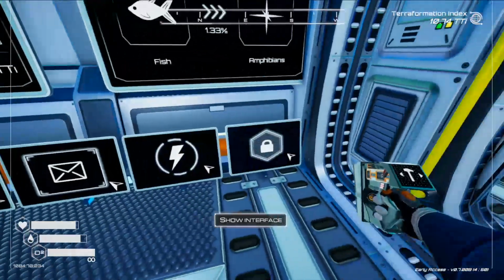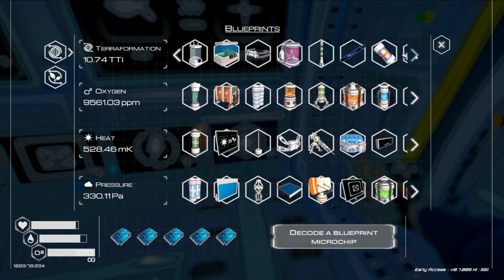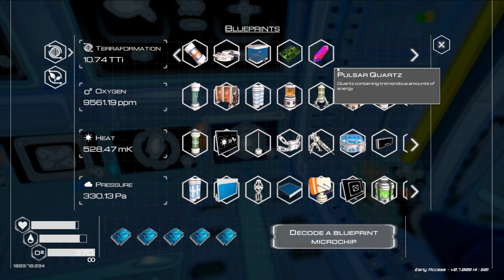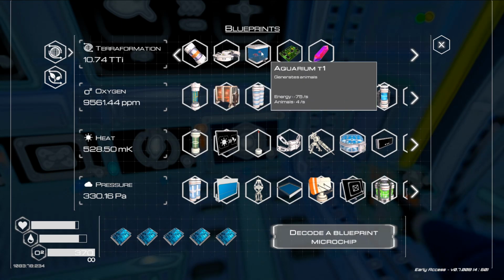So first things first. Oh, and they modified certain things so they no longer work the way they originally did, like the tier 3 drills and all that. They are no longer capable of being placed anywhere for that specific resource. I'll show you an example once we get down there, but here in the terraformation index we have the drone station,